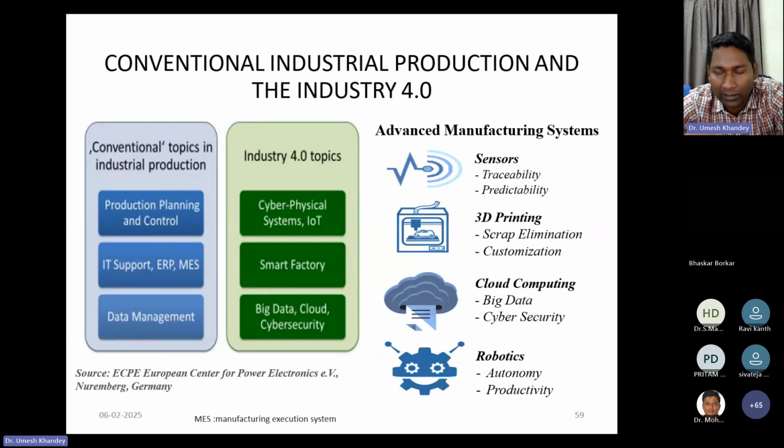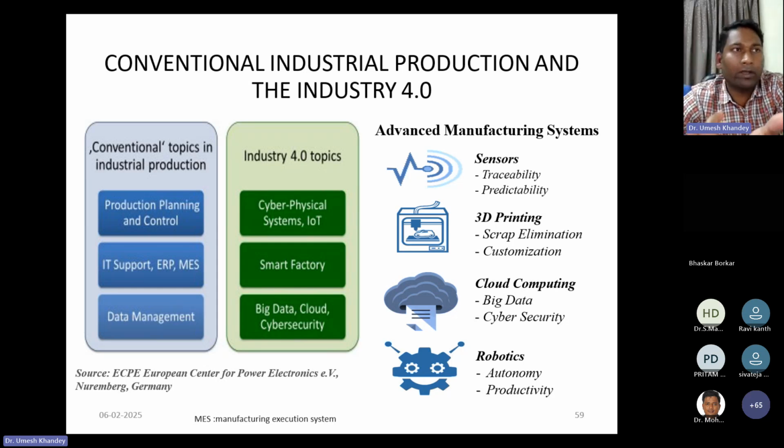A huge number of data is going to be stored, transferred, and analyzed, and after analyzing, you come up with some conclusion. Now you are not restricted to a limited amount of data. You have a vast amount of data through which you can come to a fruitful conclusion and carry out your processes. So advanced manufacturing system generally implies sensors, which are generally used for tracing and predictability,